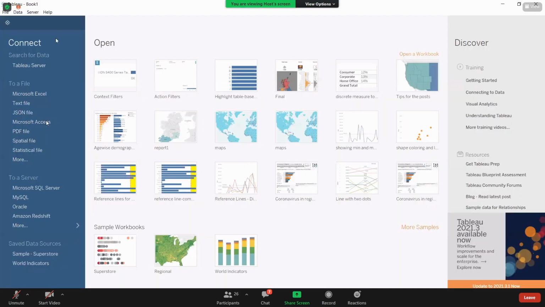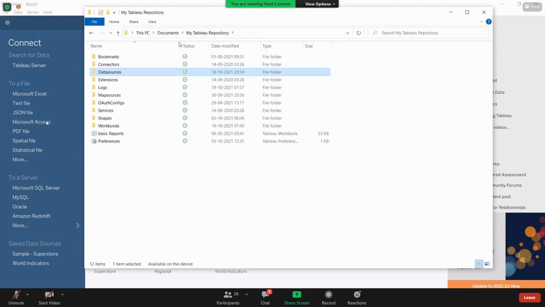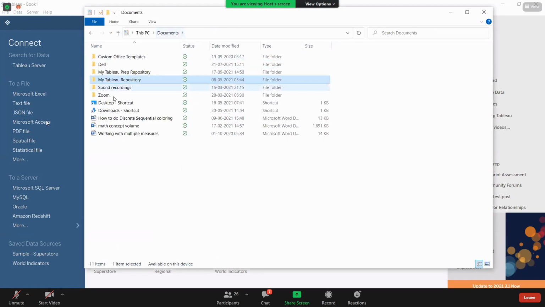Okay. Now here I am connecting to Excel. But when you download your Tableau, what happens in your machine is that under Documents, you will get one folder called My Tableau Repository.